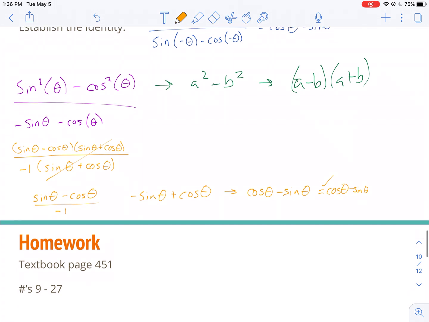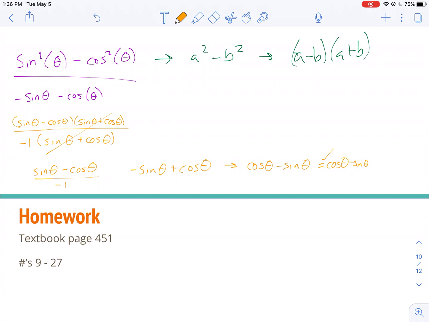The homework assignment does set you up pretty well. Numbers 9 through 18 are the book kind of telling you what to do. And then numbers 19 through 27 are you going through the process of actually proving these identities. And I give you some pretty straightforward ones. You're not doing anything super complicated. You're not throwing in any additions. When we take notes next week or on Friday, you'll start learning some of the more complicated ones. But again, do not fret if this has not been the most straightforward thing. We're going to practice it, and we're going to practice it a lot. Please reach out with questions sooner rather